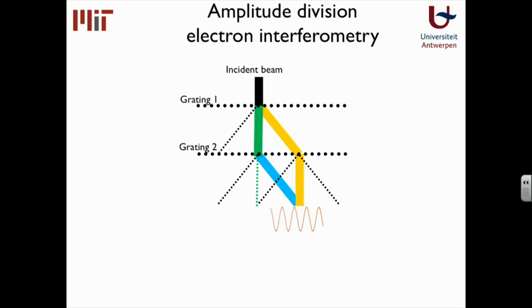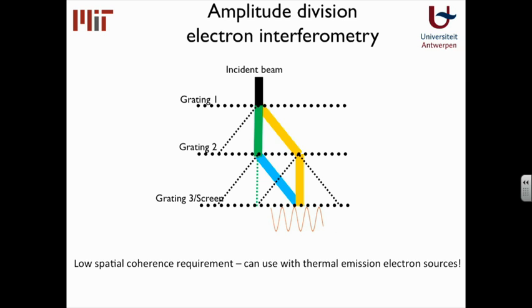Now we can image these fringes either directly by placing a screen in that plane, or we can read them out by placing a third grating. Now the advantage of amplitude division interferometry of this type, where we take the beam and split its amplitude into two and recombine those two beams, over current electron interferometry, which uses wavefront division, in which you use a biprism to split the wavefront of the electron beam and then recombine those two waves with one another,